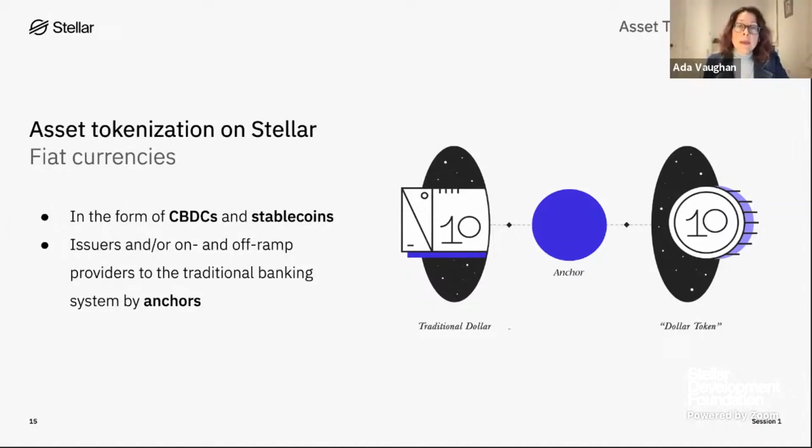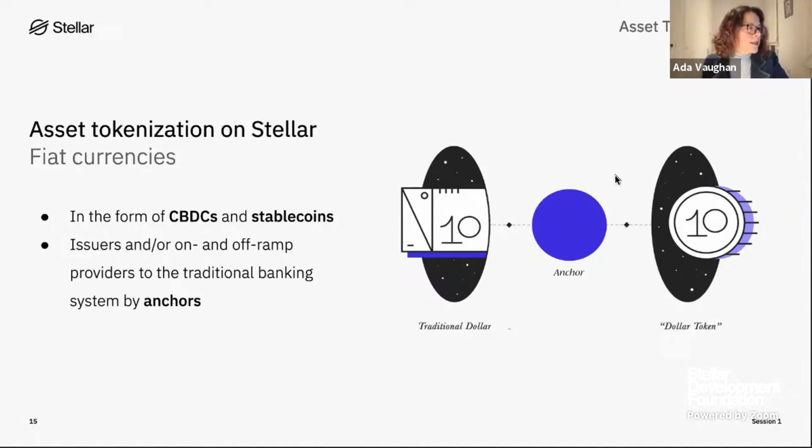And there's some programmability on Stellar. There are a lot of really neat features. But CBDCs are a form of digital currency that are meant to be controlled by a central bank, just like ordinary fiat money. So it keeps that central control over the monetary policy. So we are going to talk about USDC. And